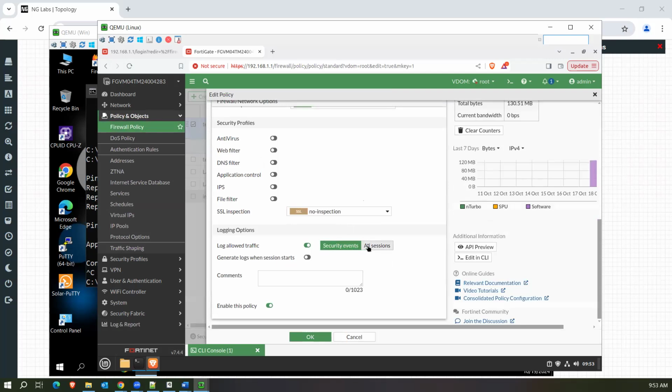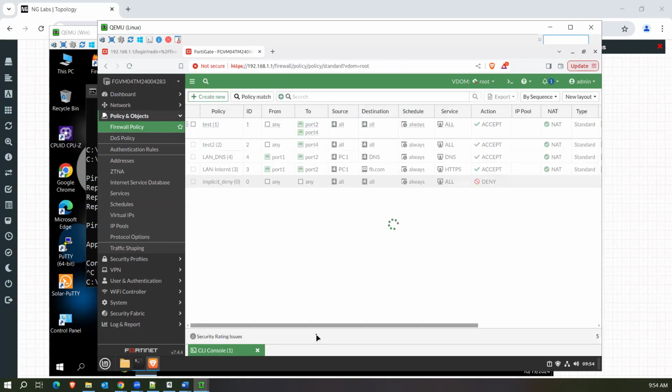So I have seen customers complaining about these kinds of issues. Like, I have a configuration in place, the firewall is not behaving as it is expected to. It's allowing some random connections, but there are no logs in the firewall. It's always a human error, so we can change this to all sessions, and then we can check our traffic